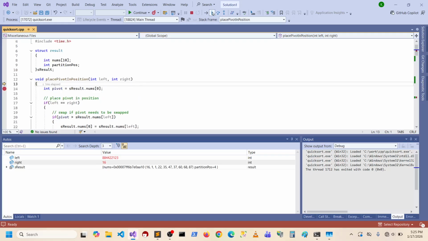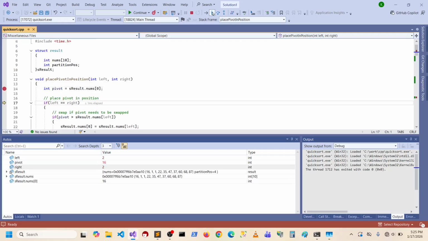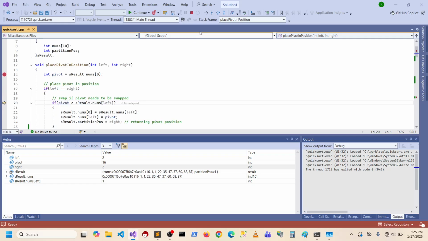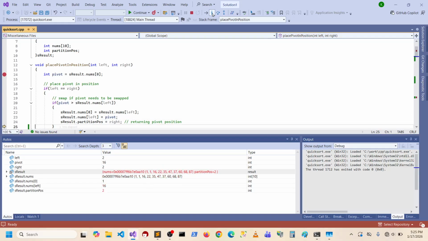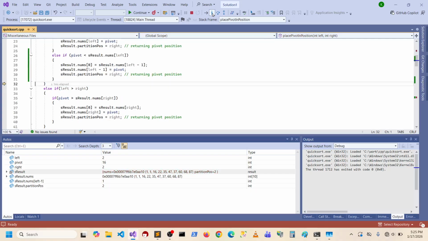Now we go in here. So now the pivot, still 16. Left equals right. Greater than that. Yes, it is. So it goes in there. It swaps out with 1. So that is actually